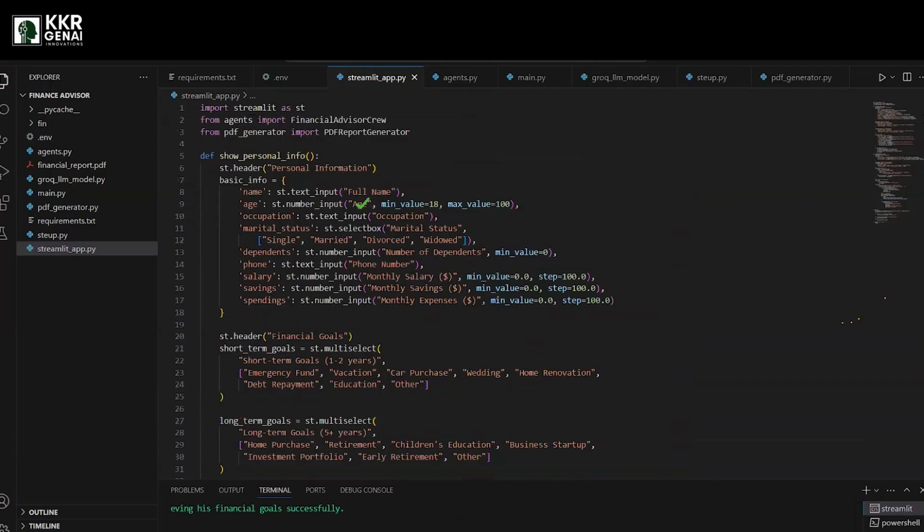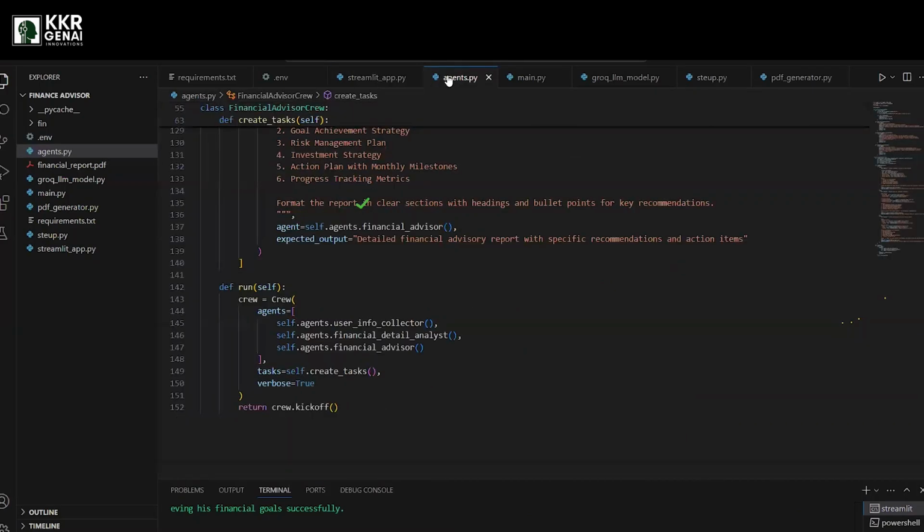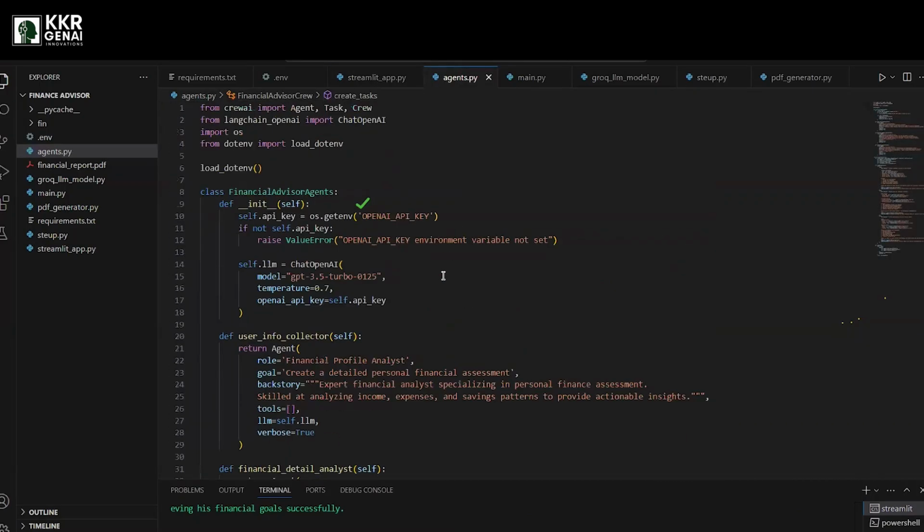So it is very easy for us to create a multi-agent system like this with the help of CrewAI. And also, instead of using a single LLM over here, we can implement multiple LLMs to check how multiple LLMs are working, and how they are giving us the inputs that are required by us. We can also change the models as per our requirements.